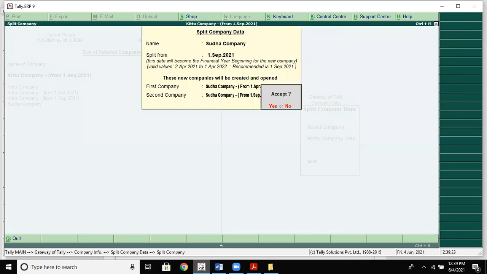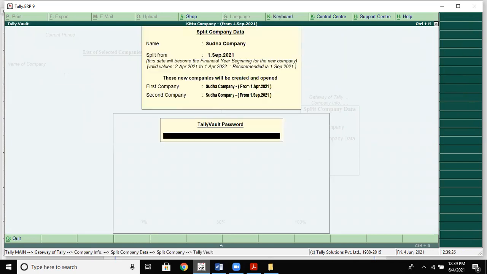March 22. It is asking you for a password. So XYZ tally 123. It's the wrong password.